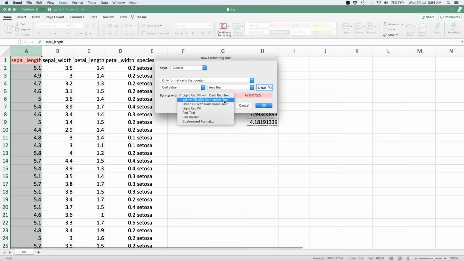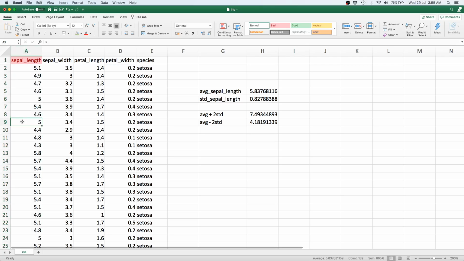So let's say I want to have a green fill with dark green text. So basically the exact opposite of what we had earlier. We want to color the lower outliers in green rather than with red as we had earlier. Let's click on OK again, and you see that